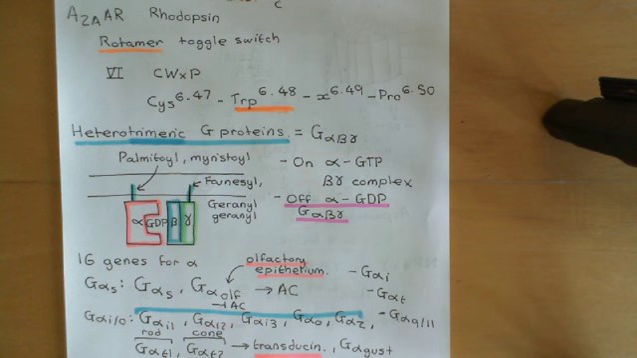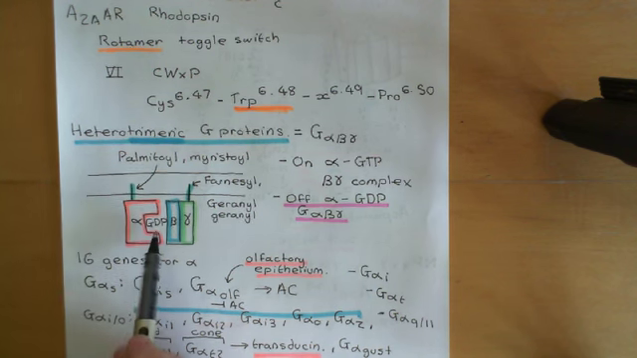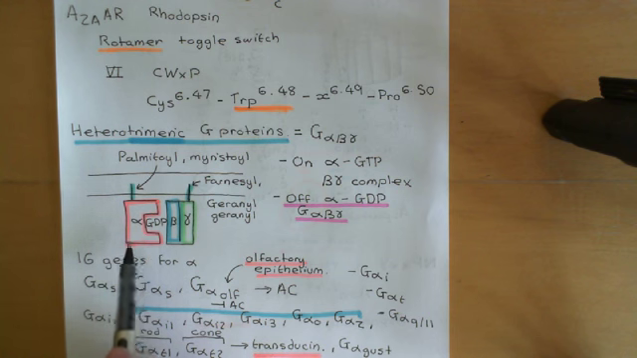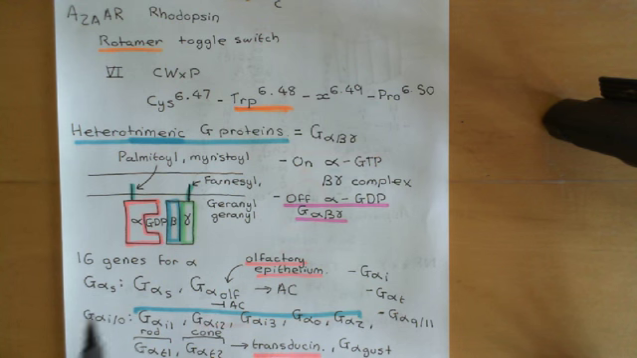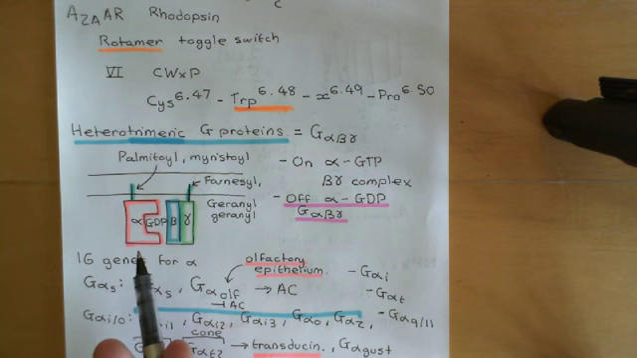The off state, in which the whole thing is a trimer and the alpha subunit has guanosine diphosphate bound to it, and it's this that we've drawn here. Then, when this comes into contact with an activated G protein coupled receptor, the receptor can catalyze the conversion of this heterotrimeric G protein from the off state to the on state. And in the on state, the alpha subunit is going to end up with